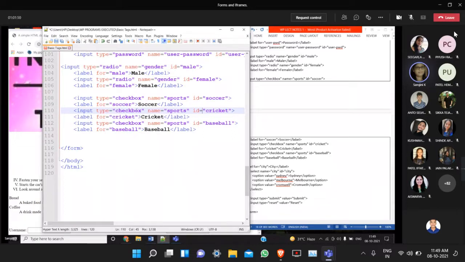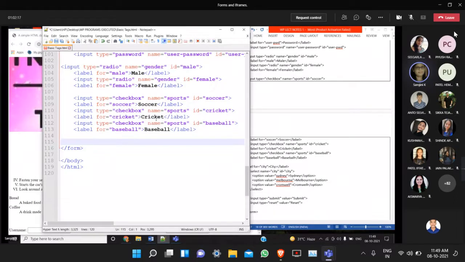So now I have created only one checkbox with its label, but I want to create another checkbox, which is input type checkbox, name sports, ID cricket. And on the next line, the label for that. The for attribute should have the value of the ID attribute. Yes, I have given it. And this is the label which I want to see in my web page.